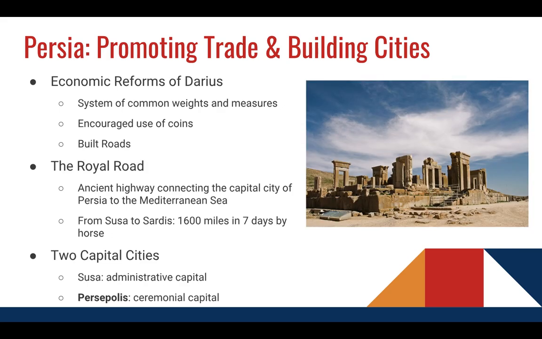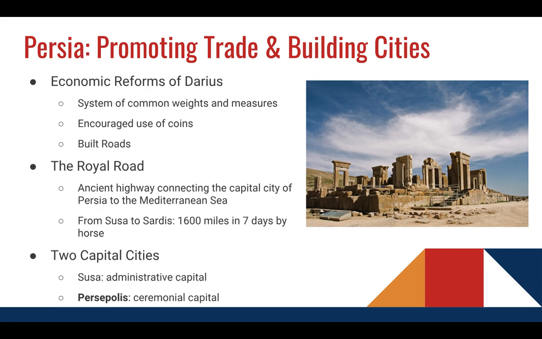Another thing that the Persian Empire does, of course, is they build capital cities. Susa is their administrative capital. That's where their government resides. That's where all the tax money was sent, and it would be stored in large storehouses before that money might be sent back out to people who worked for the government to build projects.